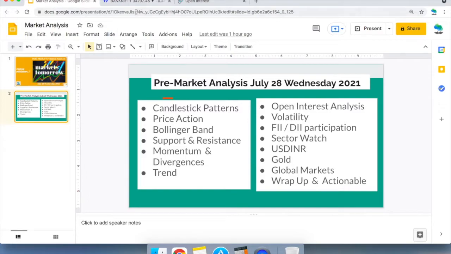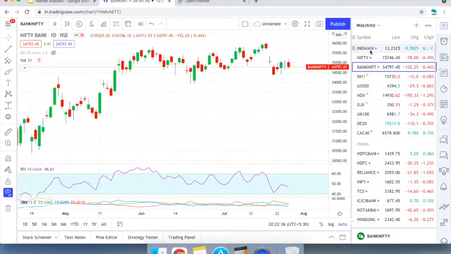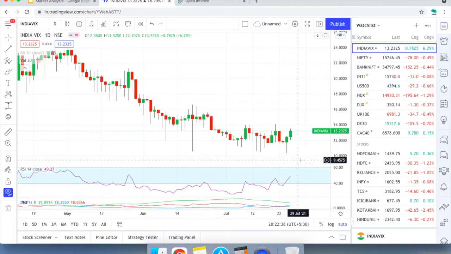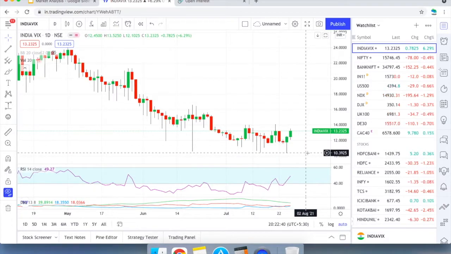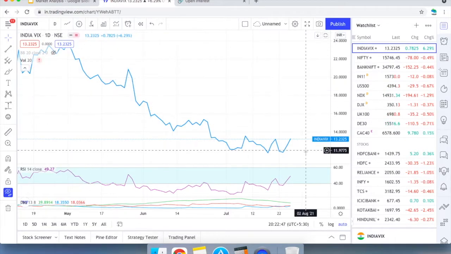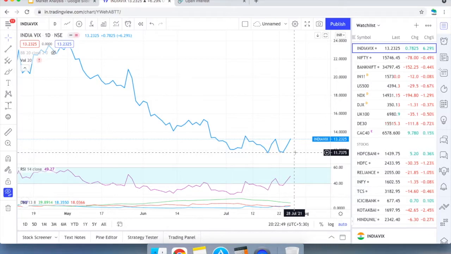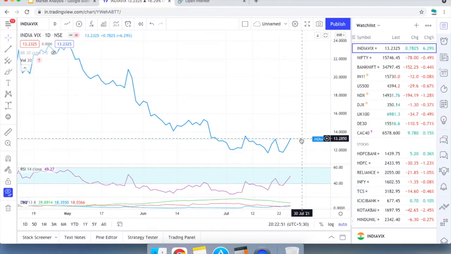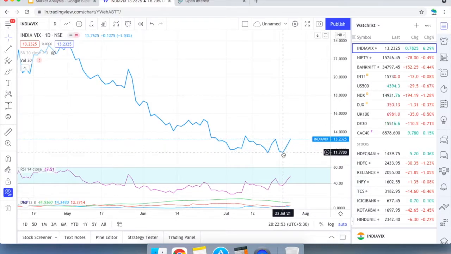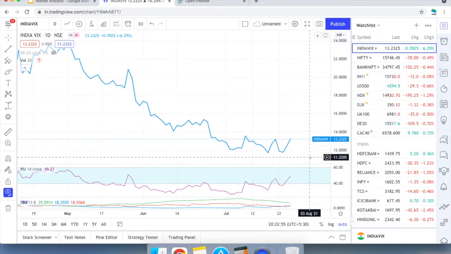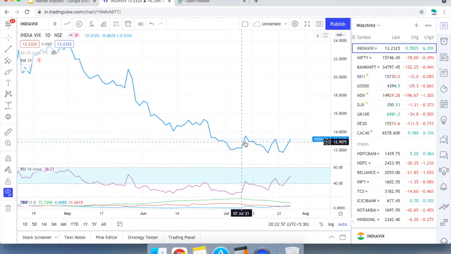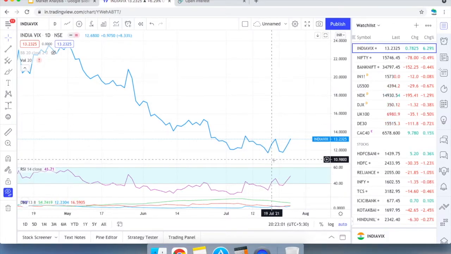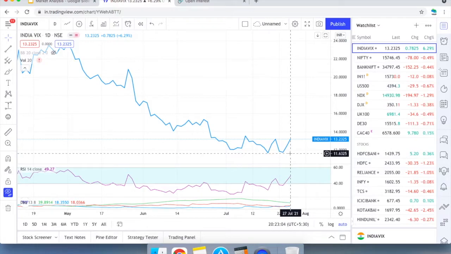What do we see? Volatility. VIX has shot up today, right? India VIX had hit the all-time lows of 10.4 levels, 11 below. Look at the closing prices. You can see that it had hit the 11.7 levels on a closing basis, and then you can see that it shot up and spiked, and then it has reached 13. So it is the third time in the July month that it is trying to spike upwards from the bottom levels of 11.6,